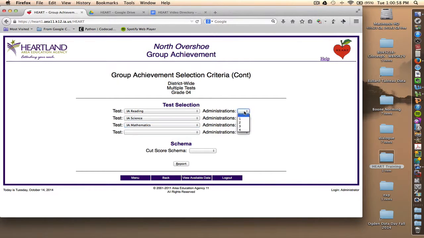You have to make a selection of some number of administrations. It won't let you leave that blank. So I'm going to try 2. It may be that there are not 2 administrations of these tests in the database. We'll find out. When you get to your real data in a real school, you may have multiple cut score schemas,